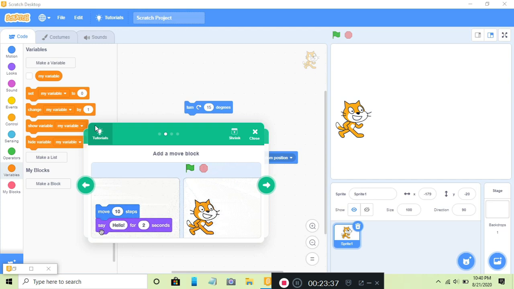Okay, now the last is cloning. Cloning is a feature where we can make use of lots of sprites with the same functions.